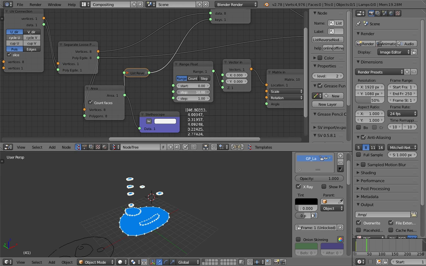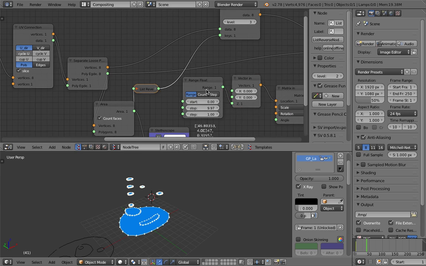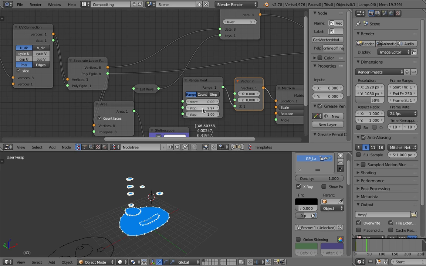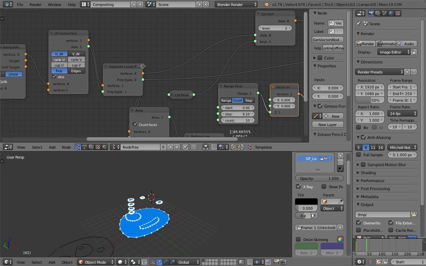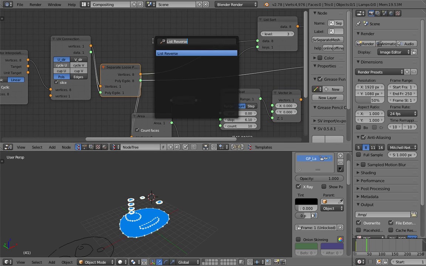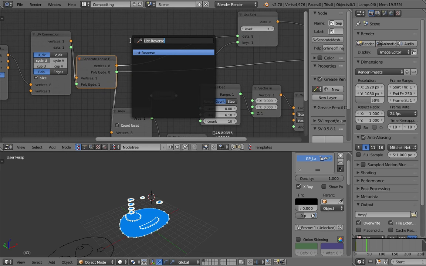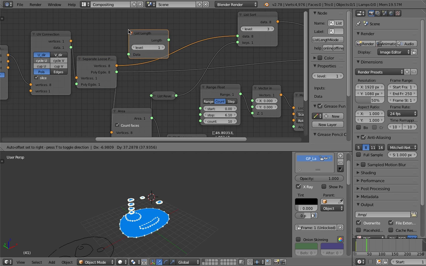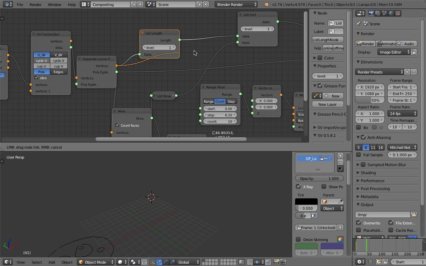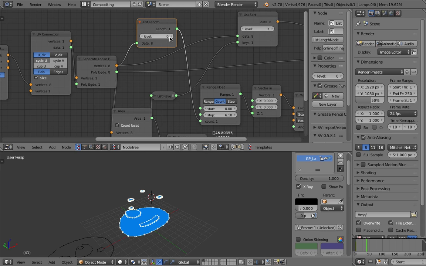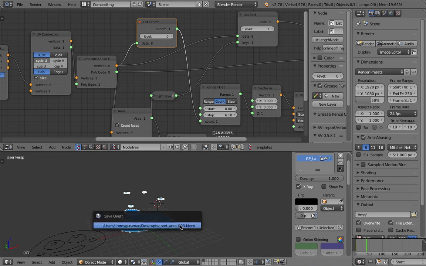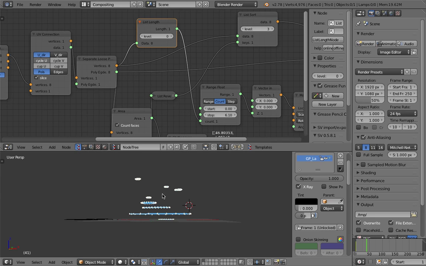We probably have too many of these. We need to count it properly. Start, stop, and then the count. The count should be from the number of vertices, or actually the number of polygon faces. List length. Like that. Yeah, I think that's correct, except that